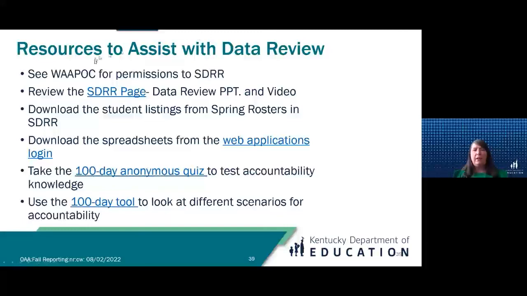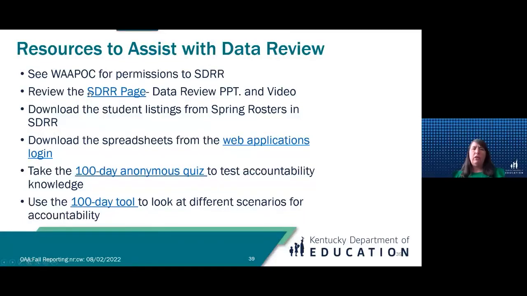If your BACs do not have permissions to SDRR, they need to go to you, and you would need to go to the WAPOC to get those to assist them. And remember, your BACs and others cannot see those spreadsheets. Only you have those permissions, underneath the applications login, to get to that.